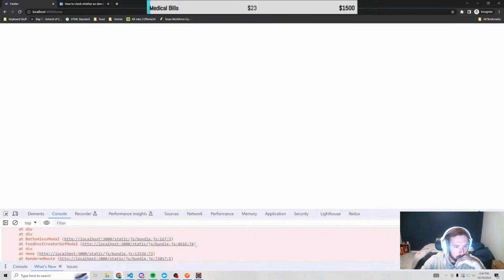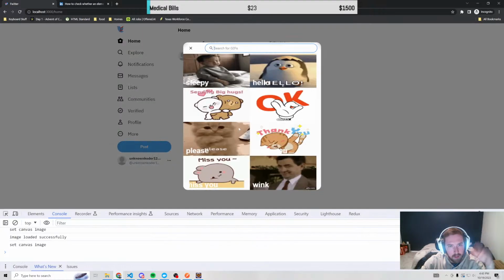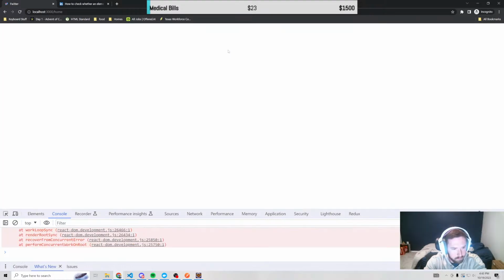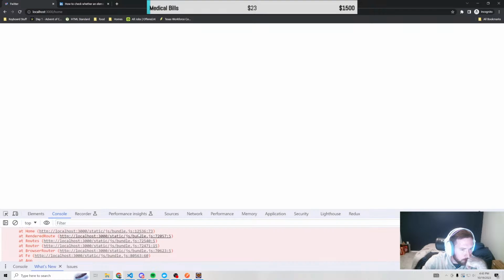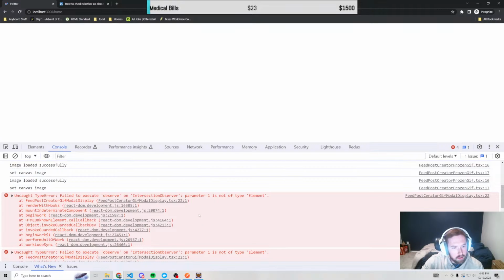Ooh. Dumb. Let's not click on that. Small bug, we'll deal with it later. Okay, we won't. We're gonna deal with it right now because it's a big bug. Uncaught. Failed to execute observe on blah blah blah. Parameter 1 is not type element. Cool. Okay, so we're gonna have to